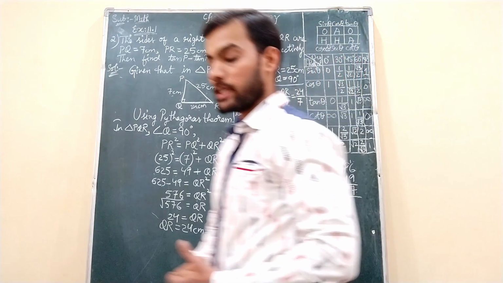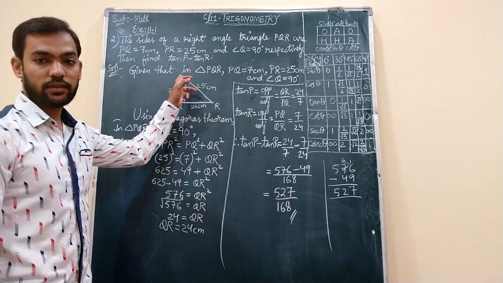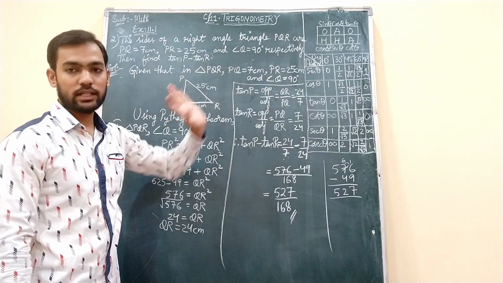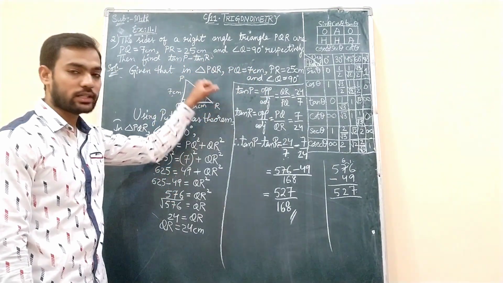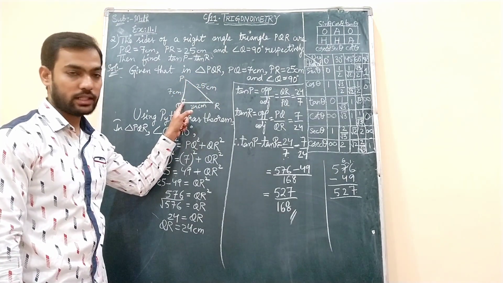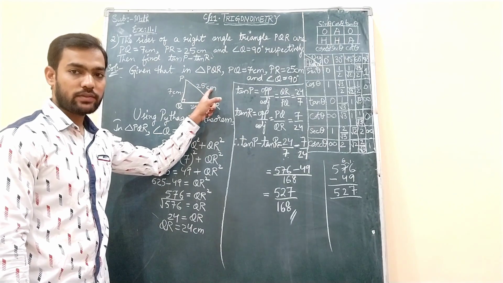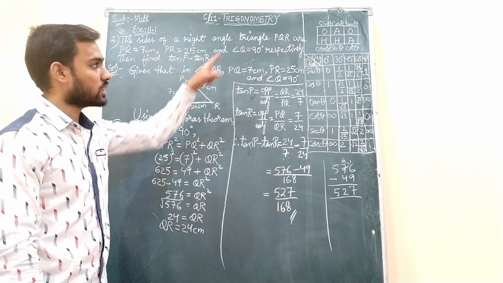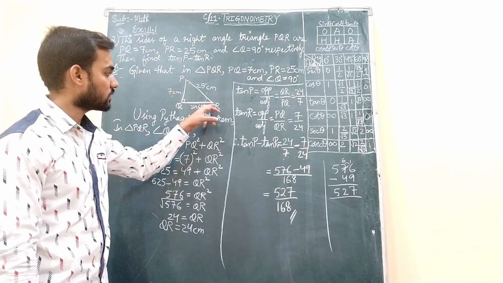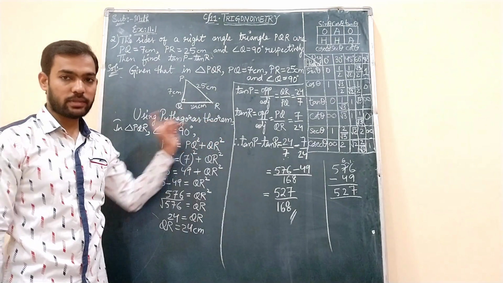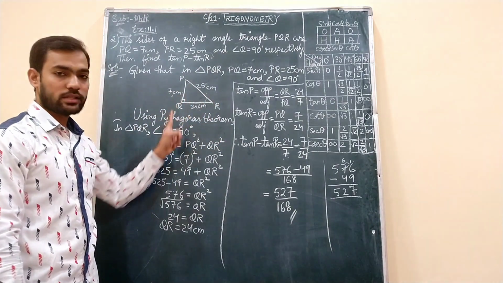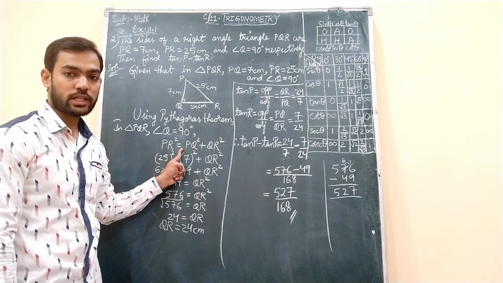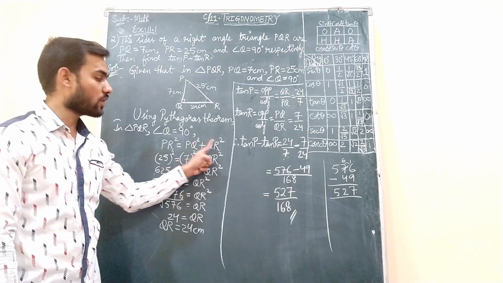Okay students, I will explain again. Firstly, you have to write what is given: in triangle PQR, PQ is 7 cm, PR is 25 cm and angle Q is 90 degrees. That we have noted down, and we have drawn a small triangle wherein I have taken angle Q is 90 degrees, PQ 7 cm, PR 25 cm. This side was missing. So what we did to find it out, because it is being used in the ratio of tan theta, opposite side. Using Pythagoras theorem in triangle PQR, if angle Q is 90 degrees, we can say that the square of the hypotenuse PR square equals the sum of the squares of the remaining two sides.